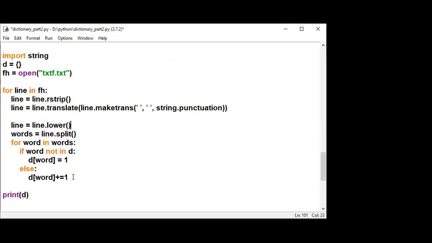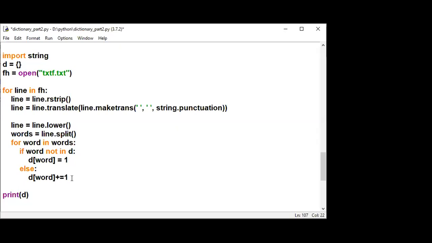Then, as in the previous program, we split the line into a list of words. For every word, you can replace these 4 lines by the get method, or you can use this method also. If the word is not there in the dictionary, you include that word in the dictionary and set its value as 1. If the word already exists in the dictionary, you increment its value by 1.